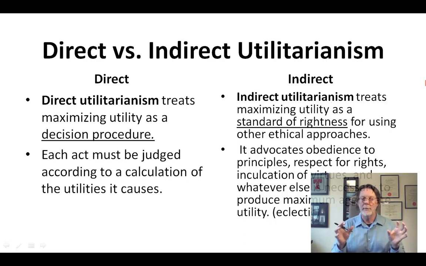Direct utilitarianism treats maximizing utility, the goal of utilitarianism, as a decision procedure for each act. Each act has to be judged according to a calculation of the utilities it causes. And this can cause problems because sometimes it's difficult to think fast enough to know what to do. It can take you a long time to work out the consequences of acts. And sometimes doing what may seem best for that one act may not add up to the best